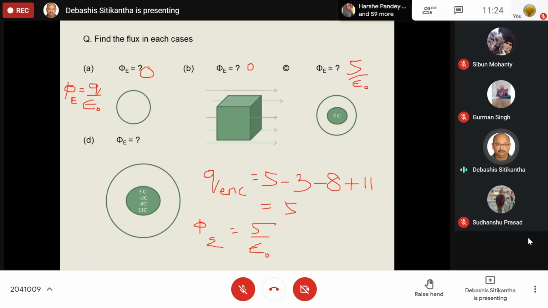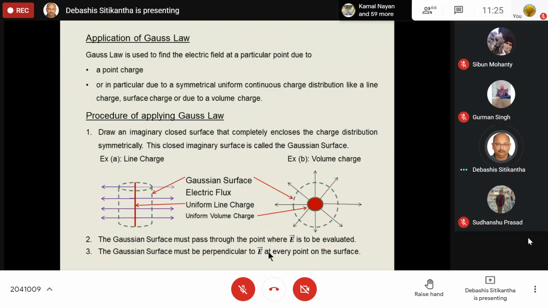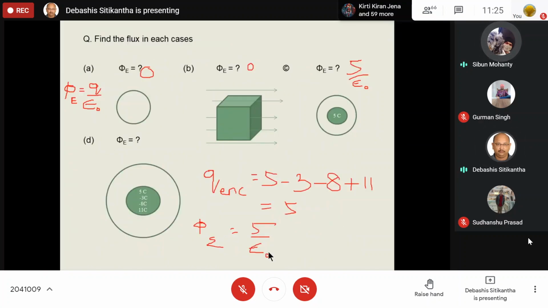Everybody has understood, I hope, these concepts nicely. So once you have understood this, venturing into the application is going to be very, very easy for us. Butter smooth. Now, I have a doubt in the second figure. Yes, why not? Tell me. Here there are 2 lines of force. Yes, which one?